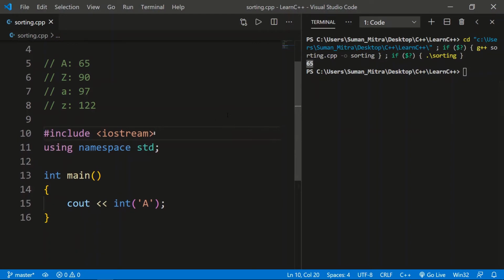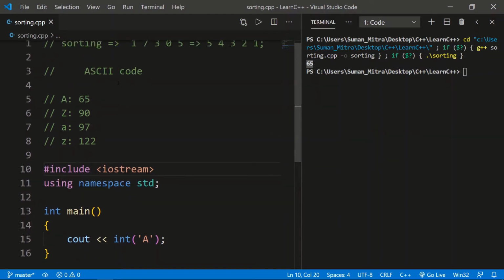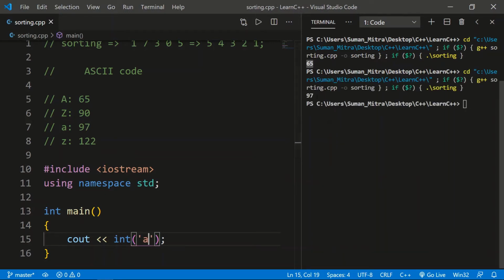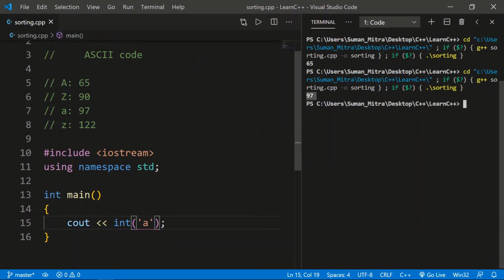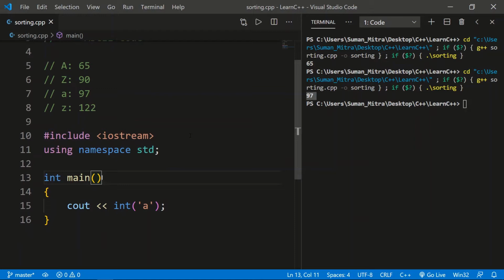Whenever we want to do ascending or descending, we need to know whether one name is smaller than another when we compare strings. Be careful that capital A is smaller than small a. The value of small a is 97. Now we printed 65 for A, and when we print for small a, you can see it's 97. That means if one name starts with a small letter a and the other name starts with a capital letter A, the small letter a will be greater than the capital letter, even if the name is the same. That's why I wanted to say this.